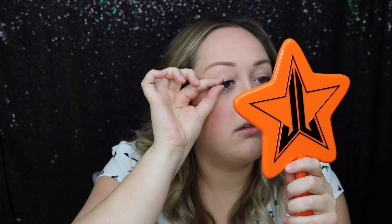So basically you want them to not come all the way to the inner corner, but just where your lashes end. So mine, I usually set, there you can kind of see, that's about as far in as I go for my lashes. So now that you've cut it down to the proper length, now what we're gonna do is take our lash